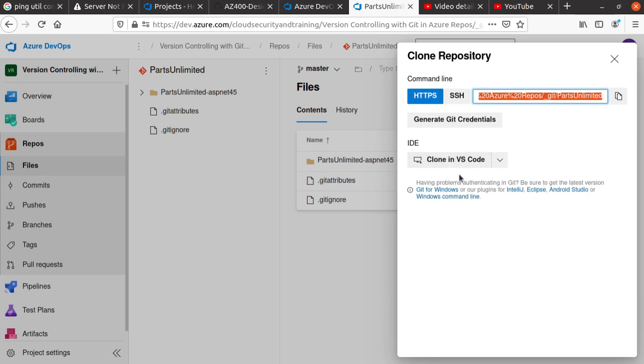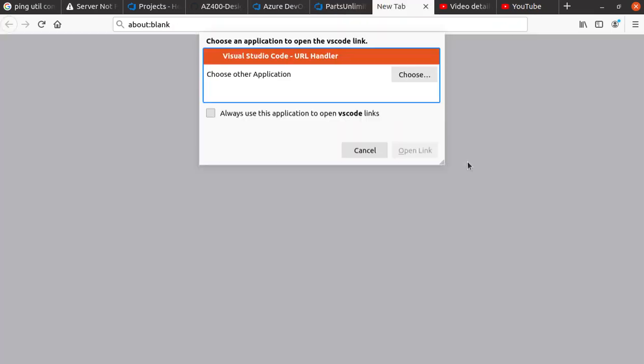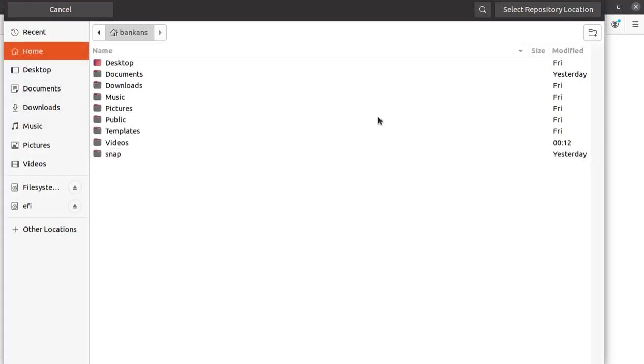So I can just hit Clone in VS Code and it asks to choose an application to open the link. I'm going to click Open Link, and now it's telling me to select a repository location. I'm going to go to Documents,